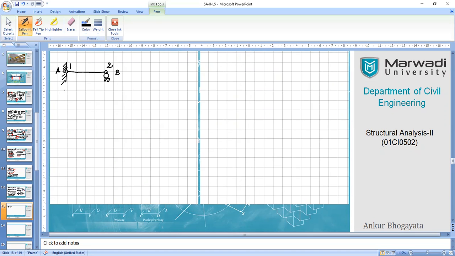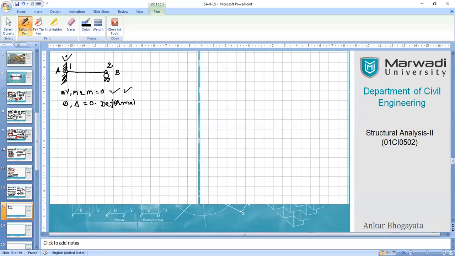what is the requirement in terms of equilibrium? You know that sigma V, H and M should be 0. We all know this. So if you satisfy these three requirements by introducing a fixed beam, then we can say that this is a fixed joint. But what about rotation as well as deflection? Both should be 0. If these two quantities, in addition to these requirements, also maintain this behavior, then only can you say it is a 100% fixed end. And these requirements are not equilibrium requirements, these are the deformation requirements.